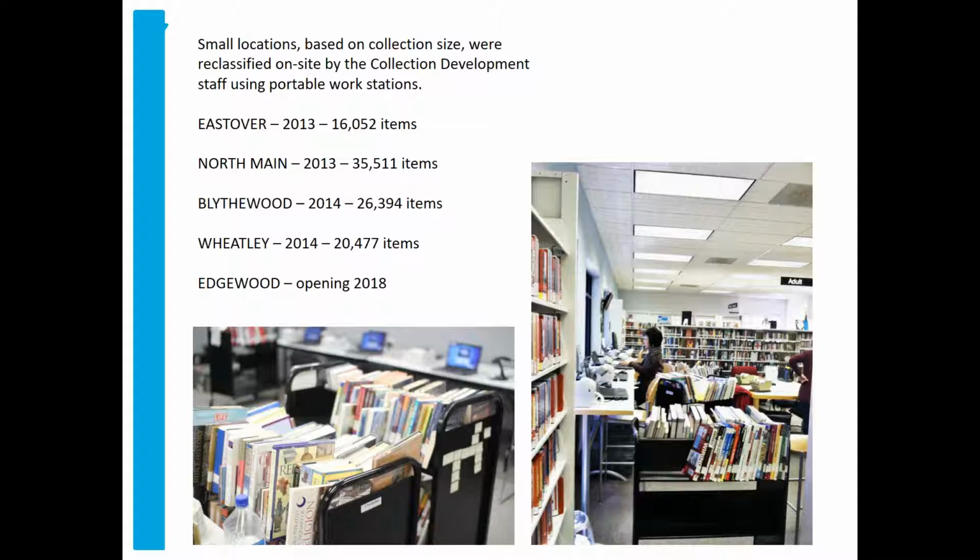One thing that we learned in this process, we started with the smallest location. It actually was not quite detailed enough to accommodate the collection in our largest location, which was North Main. So we skipped ahead to North Main and assessed that first. We expanded the scheme slightly, and then we were able to apply it to our sort of median-sized locations, Blythewood and Wheatley. We did this by packing up portable units with everything we needed, computers, scanners, printers for labels,